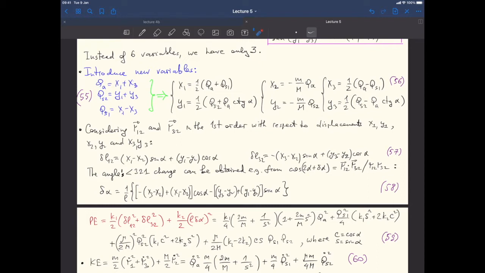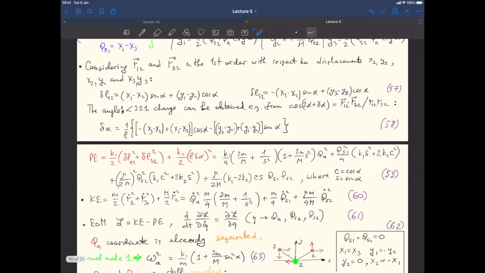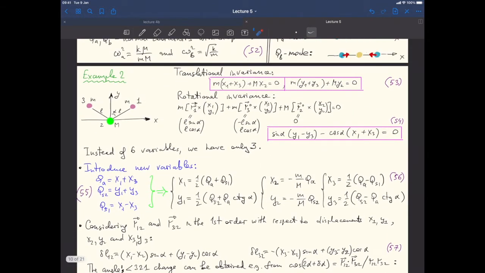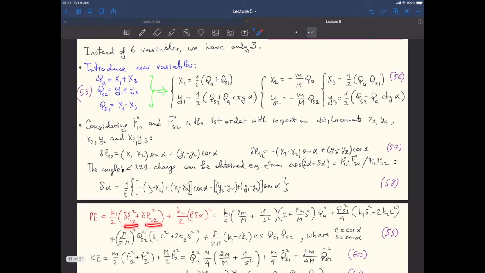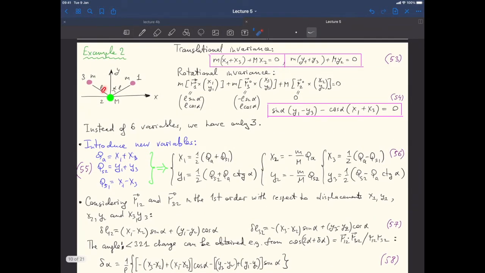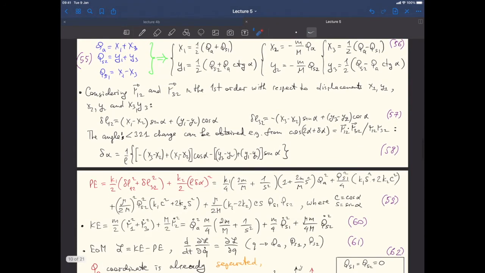So we shall assume that the potential energy of our molecule consists of the following three terms. This would remind you about our force field we discussed before. The first two terms correspond to elastic terms along these OH bonds. So these DL1, 2, DL3, 2 are changes of the bond length here. And this term corresponds to the change of the angle here, all right, with some elastic constants which I introduce here,